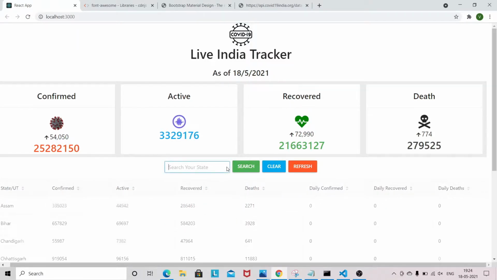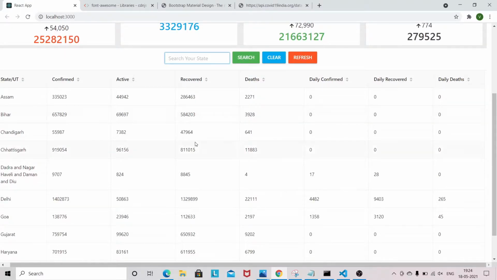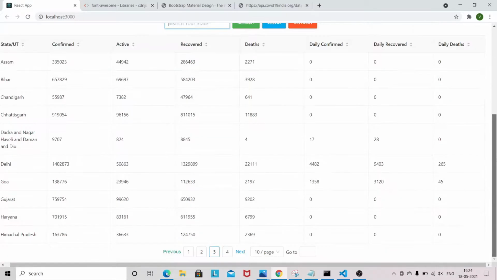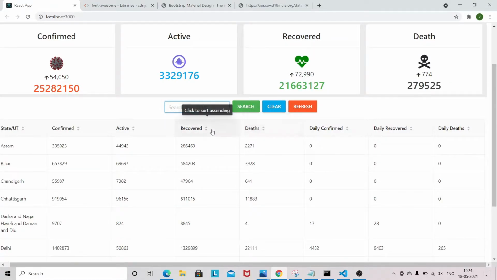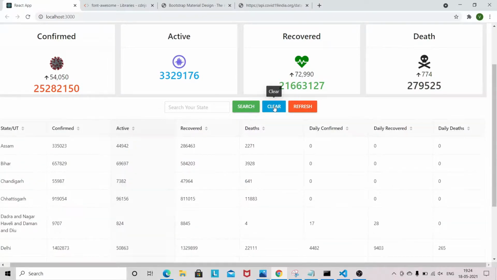So you will get all the statewide data again. And here we also have basic sorting of columns, and you can also clear that one in order to reset the data.